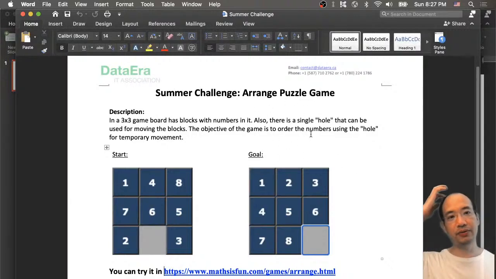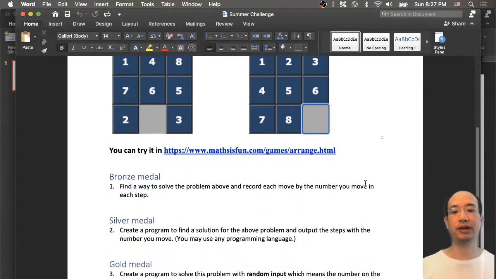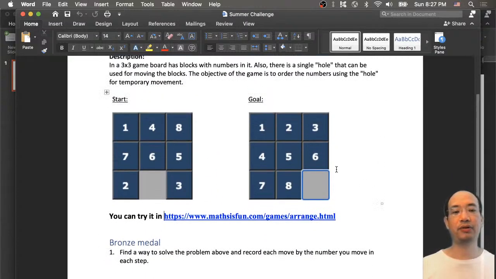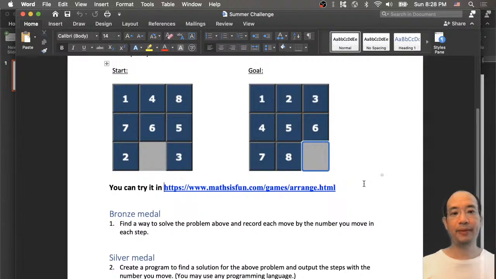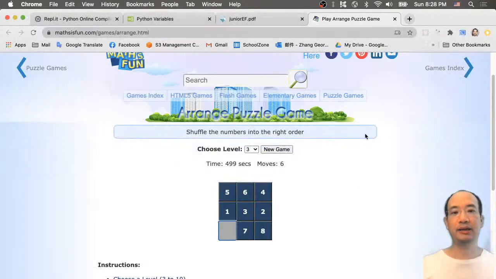But I'm going to post to the parent group if you are still interested in that, and you can read the question and see if you can solve the problem 2 by 2 instead of 3 by 3, because 3 by 3 could be hard for you guys, and 2 by 2 might be much easier because you're just turning around and around. Okay, so yeah, I guess that's all for today, and next week we might learn some algorithm